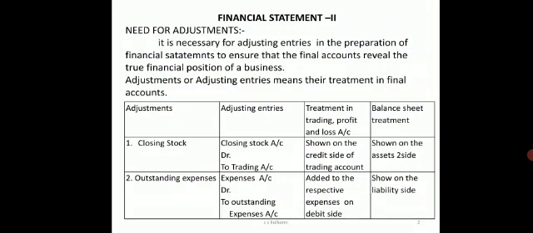So according to the full disclosure concept, whatever is done in the business has to be shown in the books of accounts. This principle is to be kept, and based on this principle the adjustments have to be made. We have 13 adjustments given in this particular topic, and you have to remember all of them, because a minimum of 4 may come in the financial statements for 12 marks.